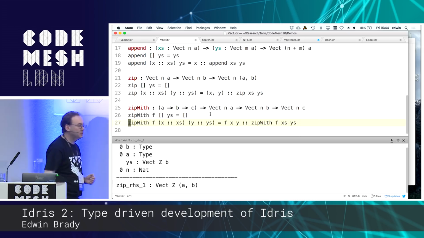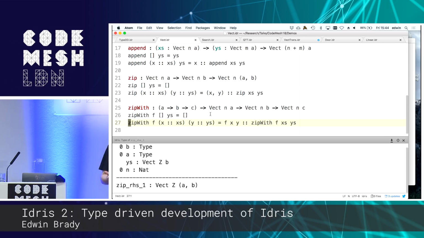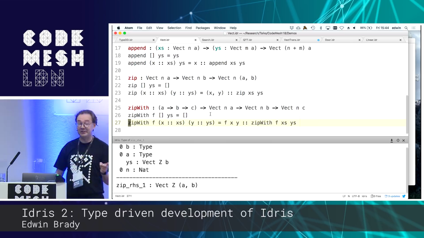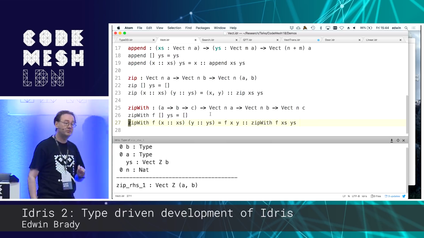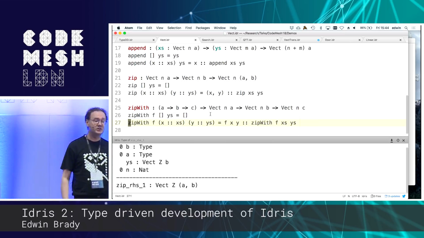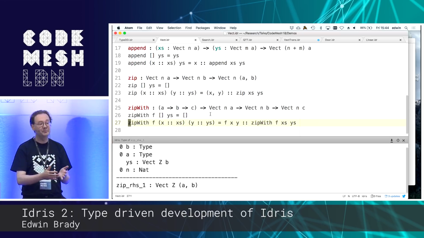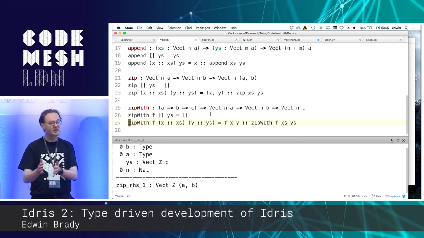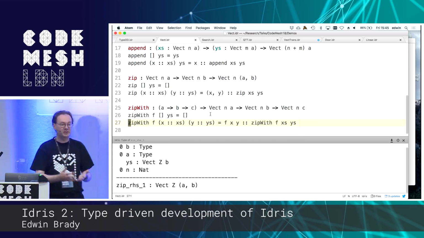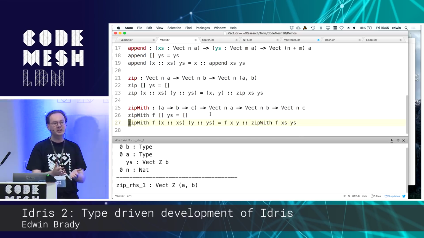Now, you would be forgiven for thinking that I just picked these because I know they work. And you would be right. Of course I just picked these because they work. However, it's worth thinking about the reason that they work. The reason that they work is that we identified that coincidence between lengths and lists. So we can just try to exploit that coincidence and get the machine to exploit what it knows